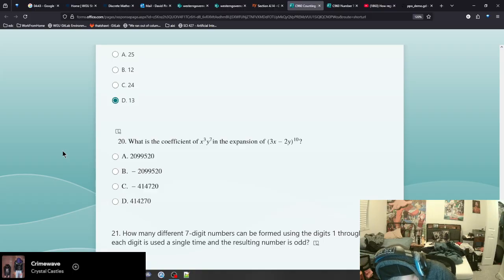So we got 3x to the 3rd times negative 2y to the 7th. Okay, so 3 to the 3rd is 27. Negative 2 to the 7th is negative